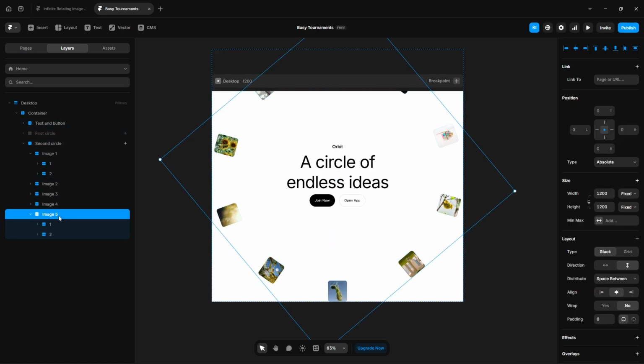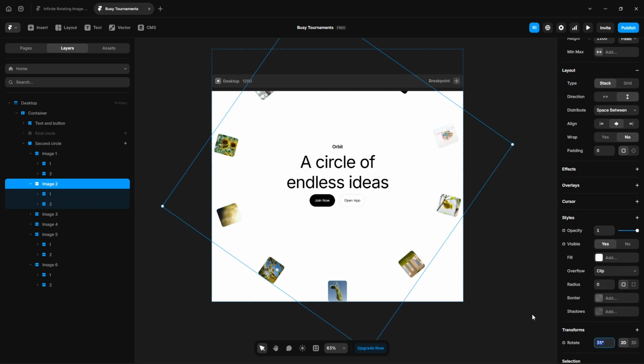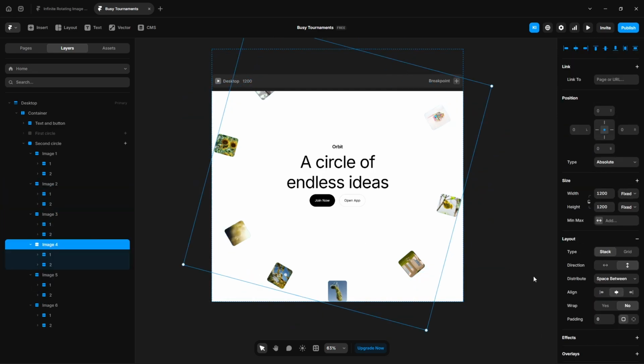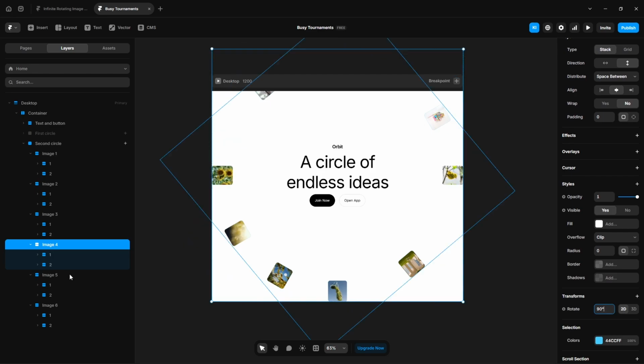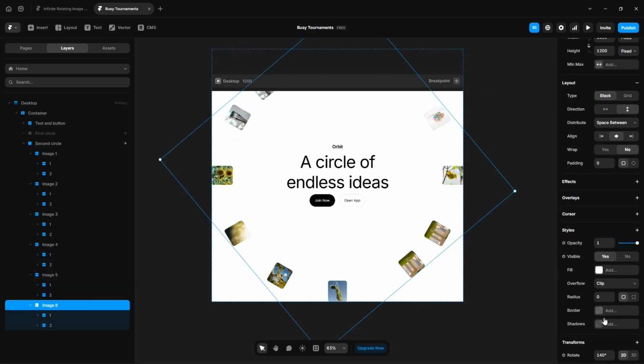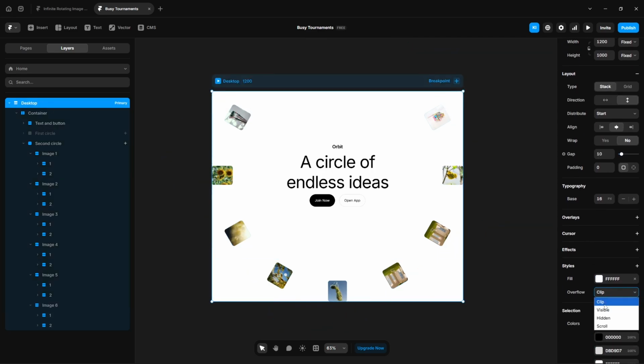For now, click here and duplicate this, name it image 6, click the second image, scroll down, rotate, make it 30, for this 60, 90, 120, finally for this 150. Also click this desktop, overflow, make it visible to see the images,